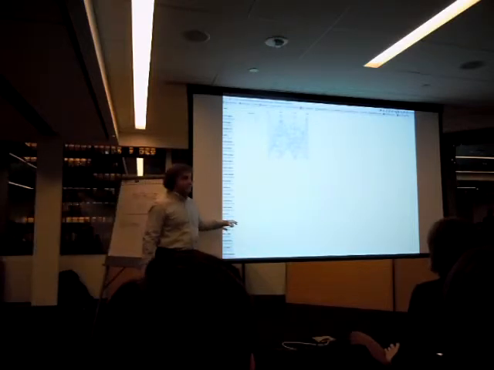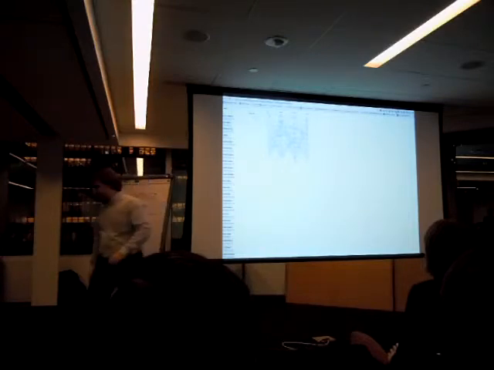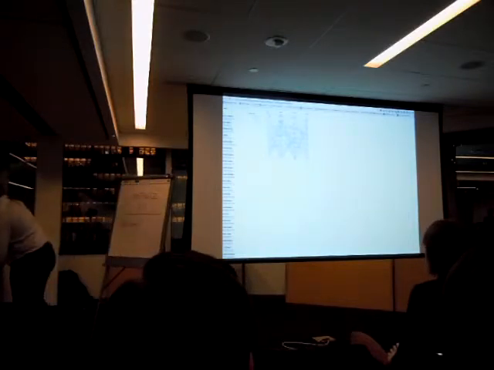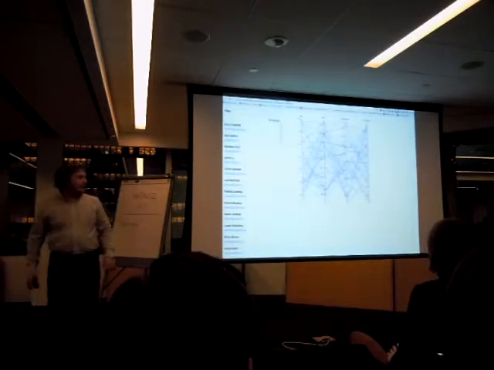Can we increase the browser zoom? Sorry? Can we increase the zoom? Oh yes. So,